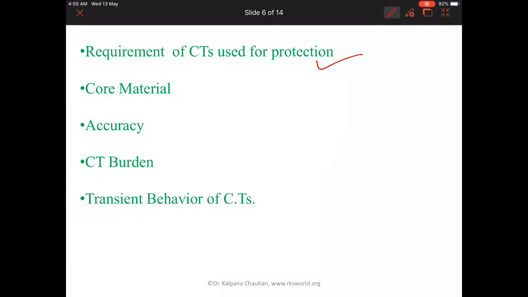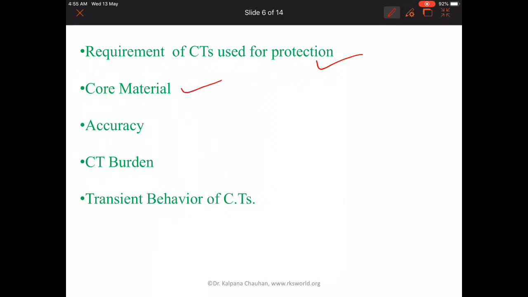A current transformer used for instrumentation is required to be accurate over the normal working range of currents, whereas a current transformer used for protection is required to give a correct ratio up to several times the rated primary current. It is due to the fact that the relay has to perform reliably at normal currents as well as at fault currents. Usually, fault currents are many times the normal rated currents. For many applications, its accuracy is not important at currents less than the rated value.